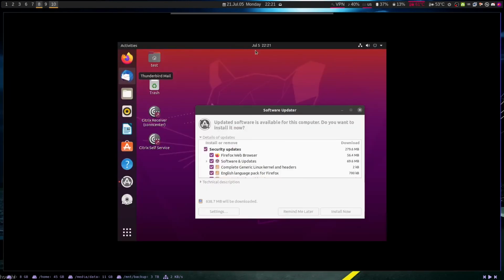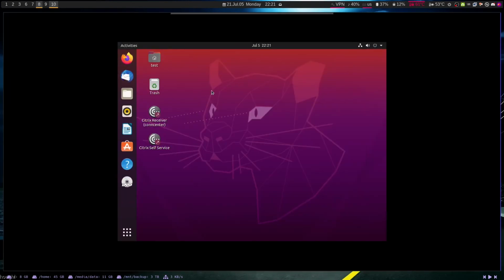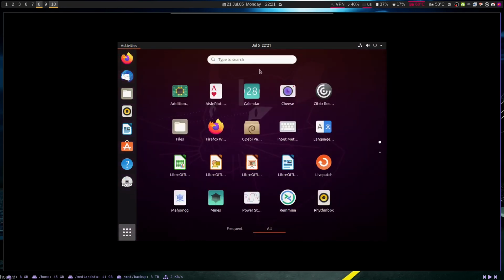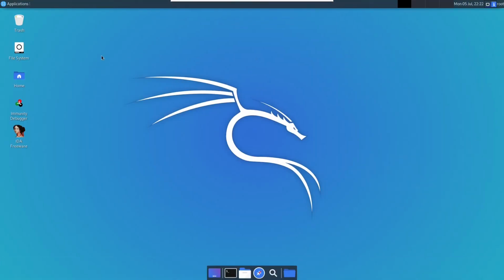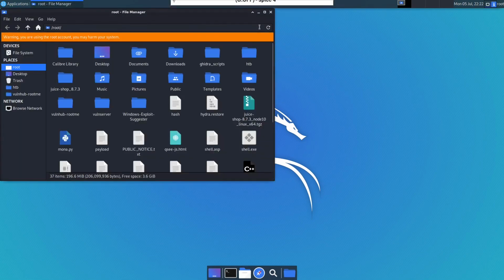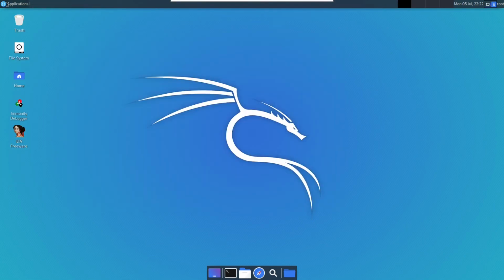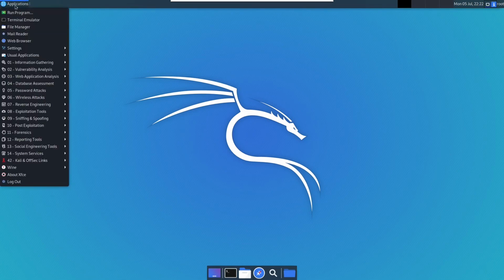If I go over to my VMs here, you can see this is Ubuntu, and it uses the GNOME 3 desktop environment. And here we do have a desktop. We have our icons just like on Windows. We can right click. We have our applications. It looks very different. If you go here to Kali Linux, at least the modern version of Kali Linux, the default is XFCE now. XFCE 4 is very simplistic. You can see down here we have this bar, Apple style. We have our terminal, our file browser, our web browser, our applications up here in the top left corner.